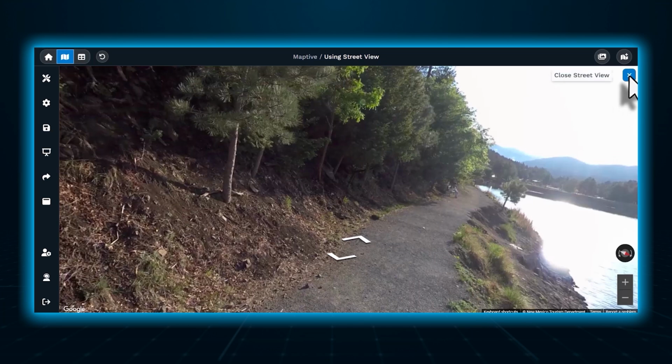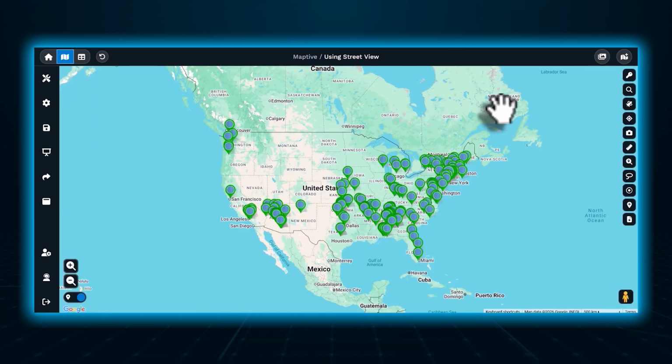To get back out of this, again, that X is right at the top right, and you can close that up. That's how to use